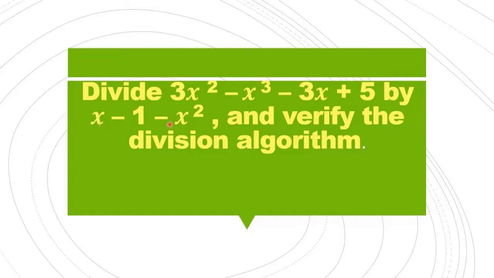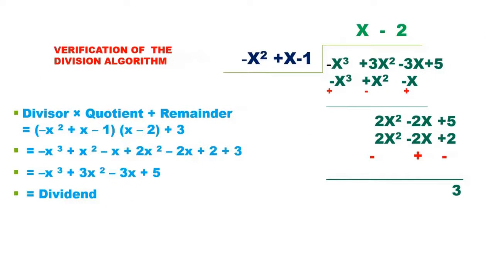Similarly, the divisor is also not arranged properly. Here also you are going to arrange it in descending order of powers. Minus x squared will be first, x will be in the second place and minus 1 will be in the third place. So here you can see that we have rearranged the polynomials. p(x) we have rearranged in descending order. As you saw in the question, the powers were haphazardly arranged. Now we have arranged them in descending order.